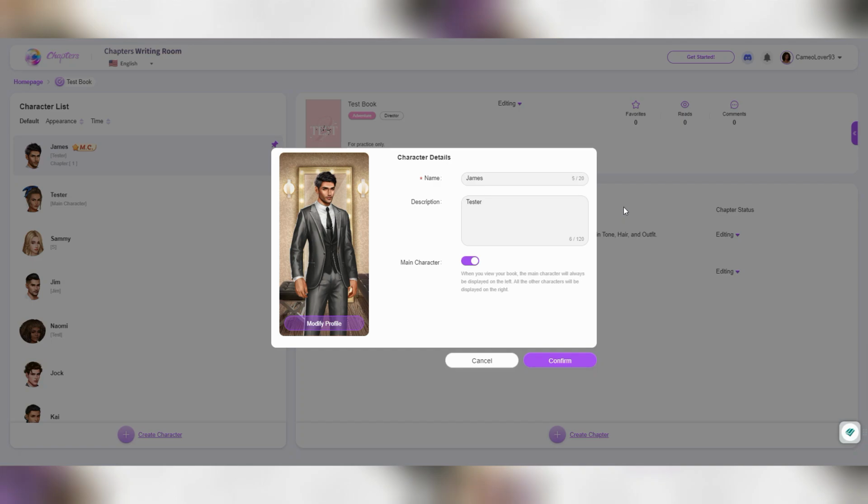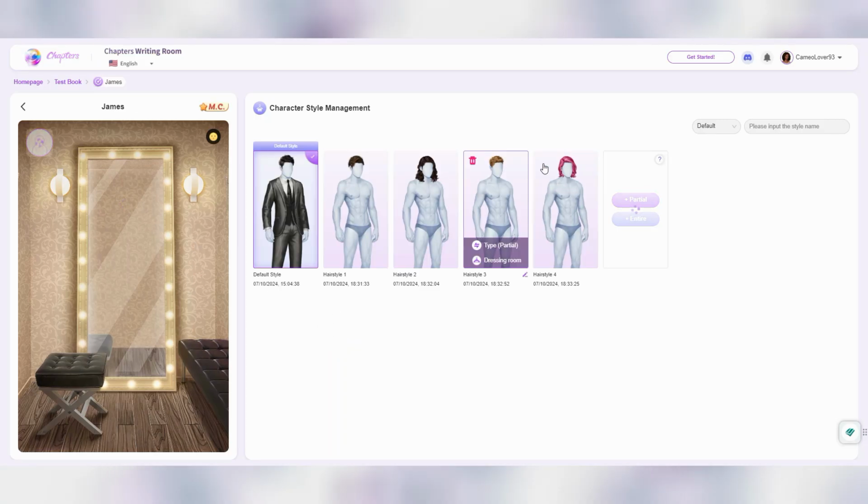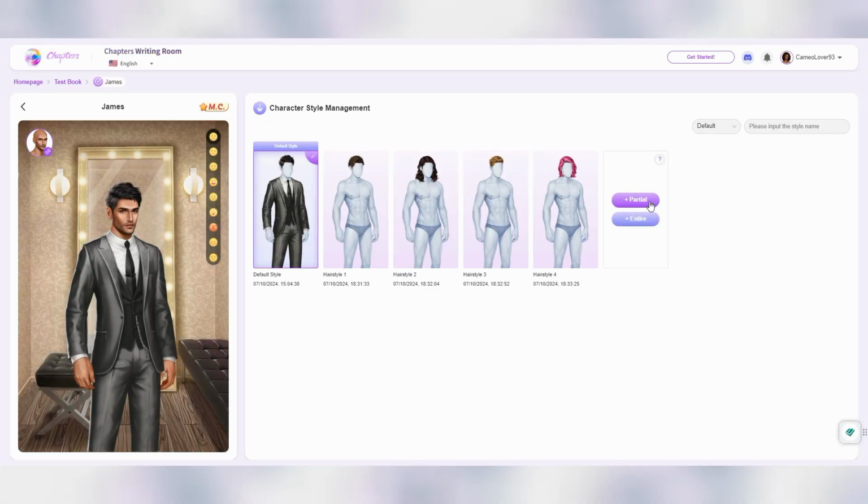Okay, so I decided to keep the clothes option portion in this video because it's literally the same steps as the hairstyle that we just went over. So I'm not going to talk much during this next portion until we get to the part about linking everything together. But basically, to have readers select their own outfits, again, you just need to go to modify profile, select partial,